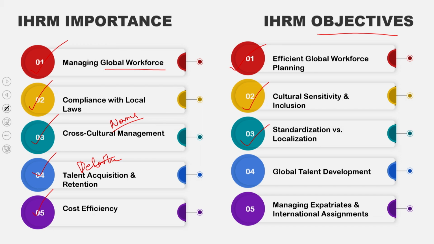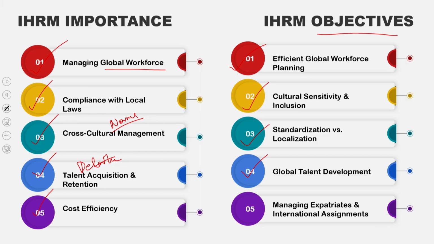So, what you expect in the US might be different from what you expect in India with respect to the laws and with respect to the culture as well. Another significant objective would be global talent development. So, very quickly, global talent development is nothing but to identify, nurture, and develop leadership talent across different countries, different contexts, preparing employees for international roles and responsibilities. An example would be Unilever's Global Leadership Program. It helps high potential employees gain international experience and prepares them for top executive positions.